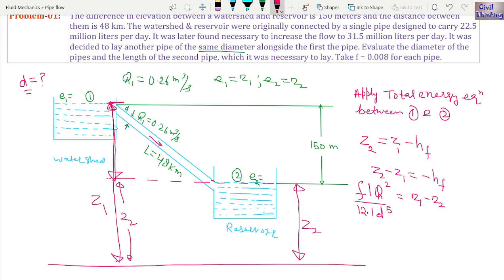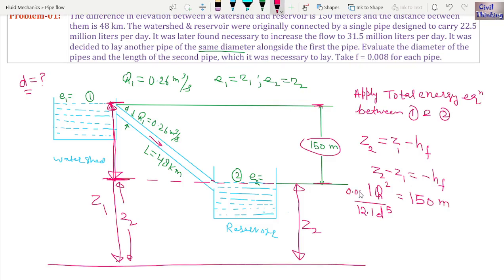So we're going to write Z1 minus Z2 to be 150 meters. Now F is given 0.008,